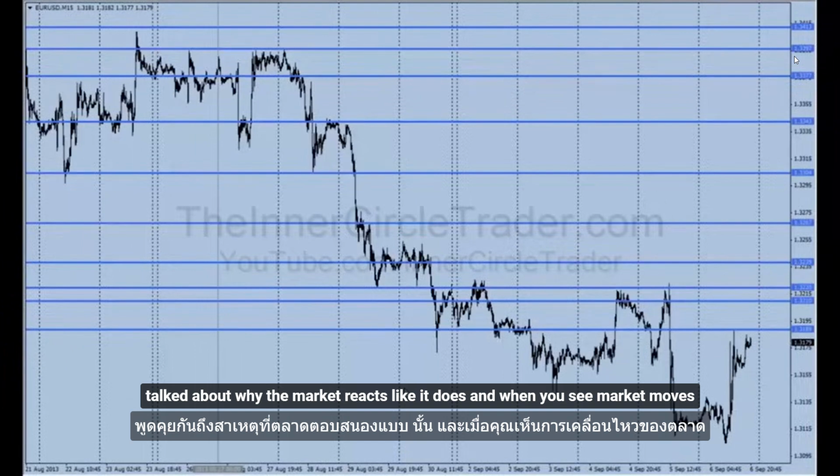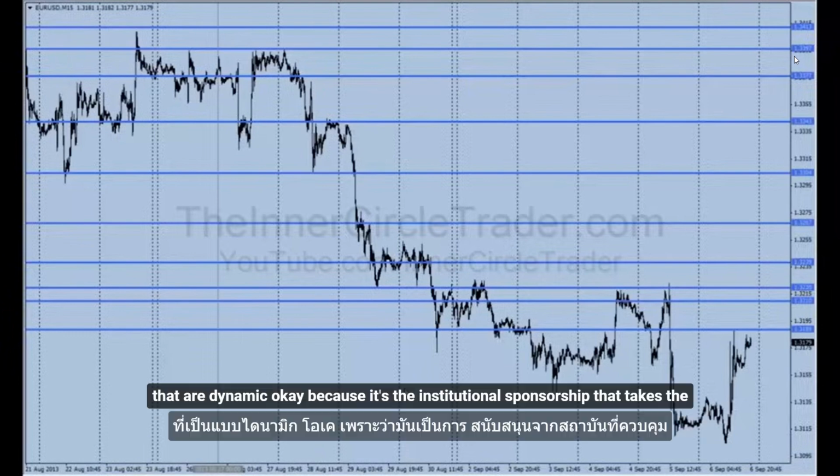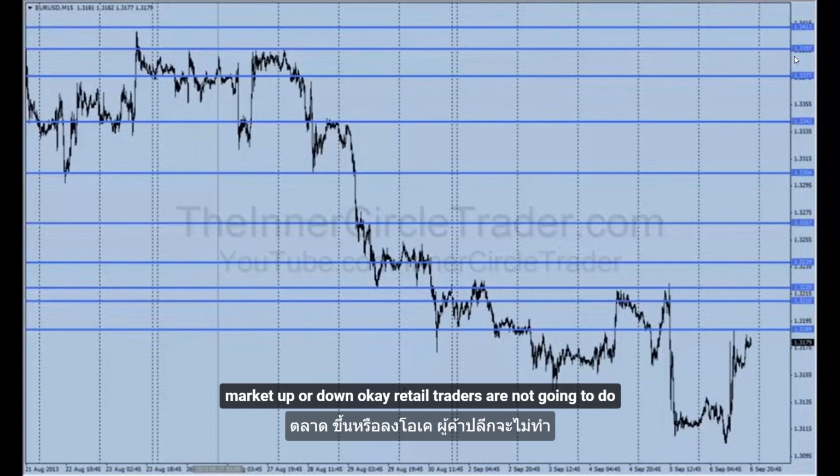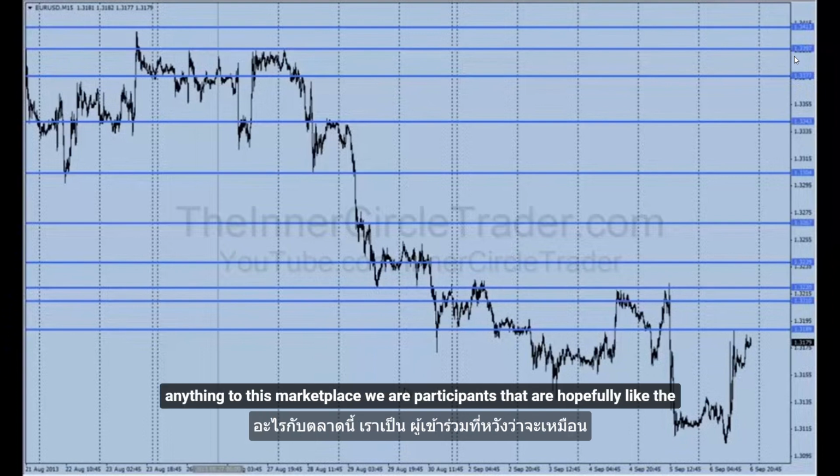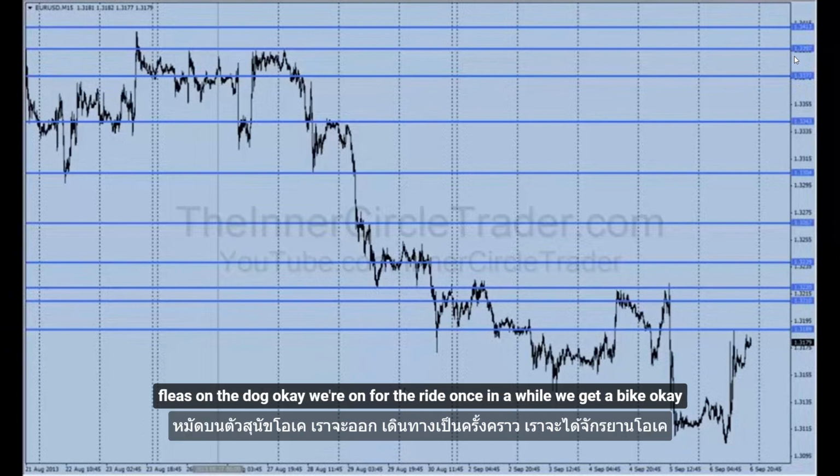And when you see market moves that are dynamic, it's the institutional sponsorship that takes the market up or down. Okay, retail traders are not going to do anything to this marketplace. We are participants that are hopefully like the fleas on the dog. Okay, we're on for the ride. Once in a while, we get a